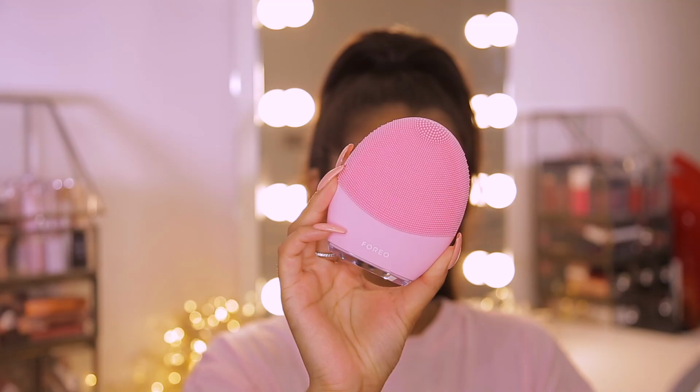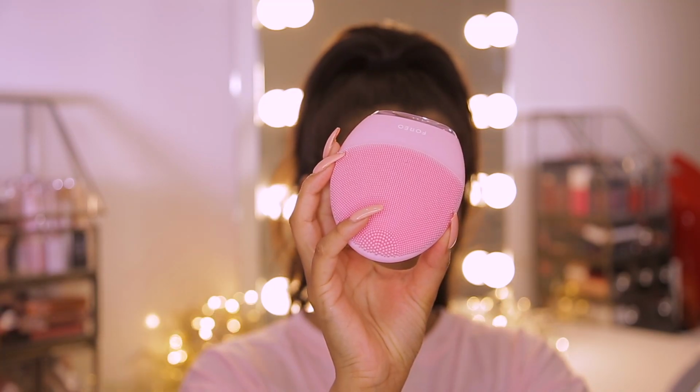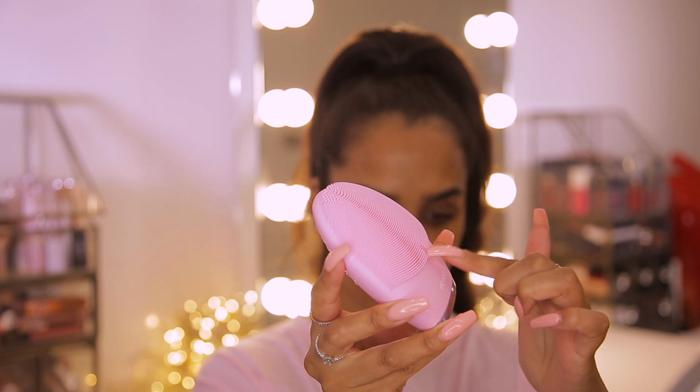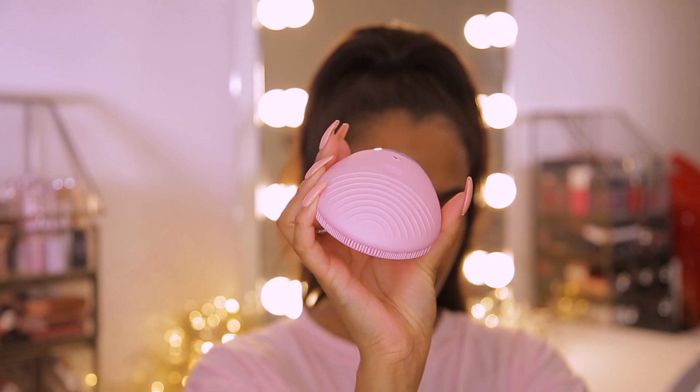Now you guys know that I love the FOREO Luna 2. I've been loving that silicone baby, and I use her daily. Well, welcome the new addition to the family. This is the FOREO Luna 3. She's a beauty. Not only is she a beauty, she has a cleansing side, and she also has a firming, rigid side to help tackle fine lines and wrinkles, everything that's up my street,